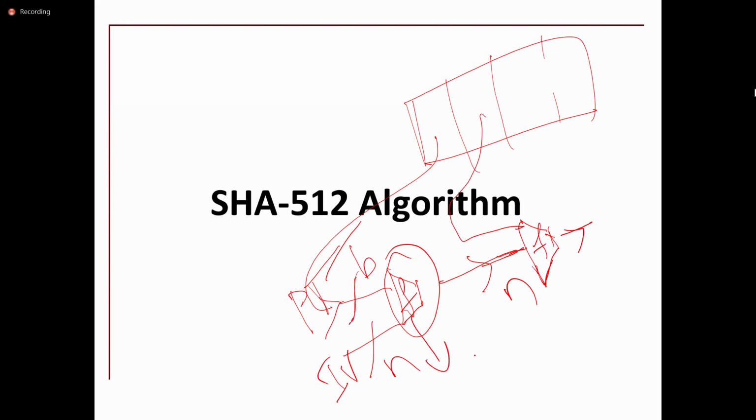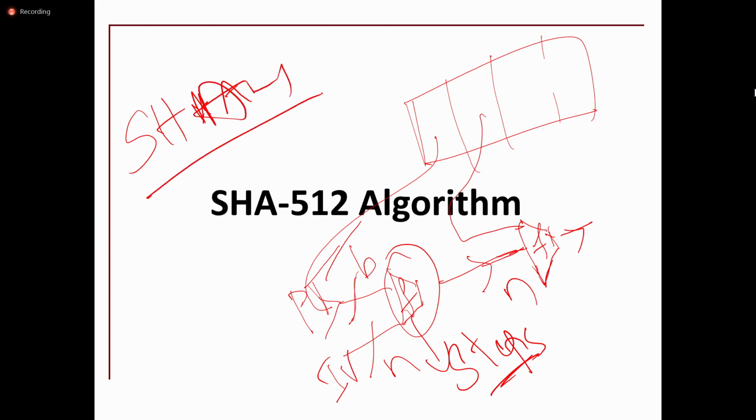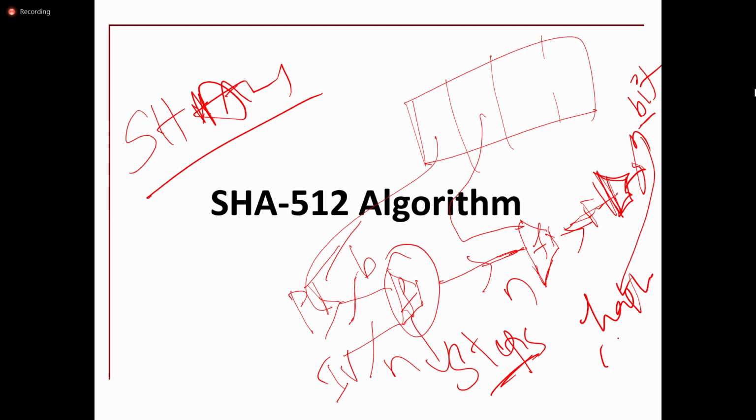Internally it has some number of rounds inside the compression function. Depending on the version of the algorithm, it uses n number of steps. Suppose we see the SHA-1 algorithm. After n number of compression functions, finally the last compression function produces an n bit length output. That n bit length output is called the hash code.